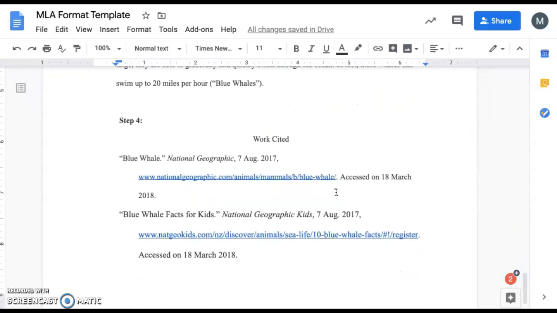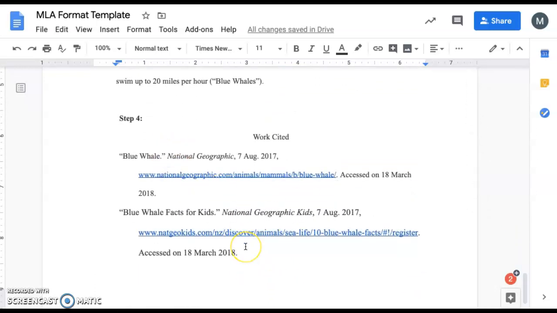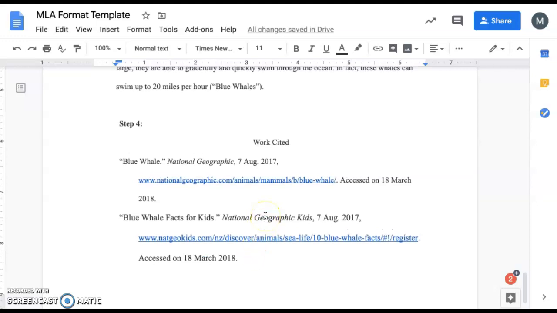Then I've also given you an example works cited page. So again, if your works cited page does not look like this, make sure that you go back and make those necessary corrections. If you have any questions at all about this assignment, feel free to send me an email